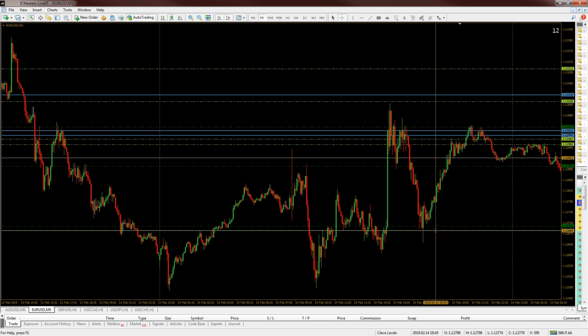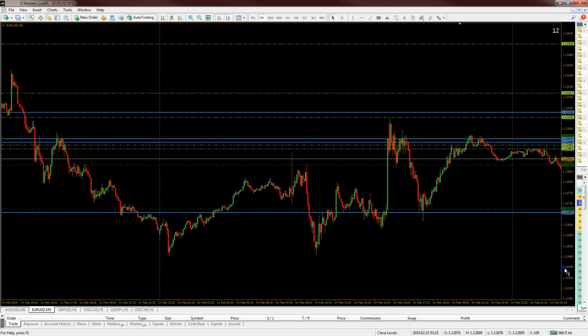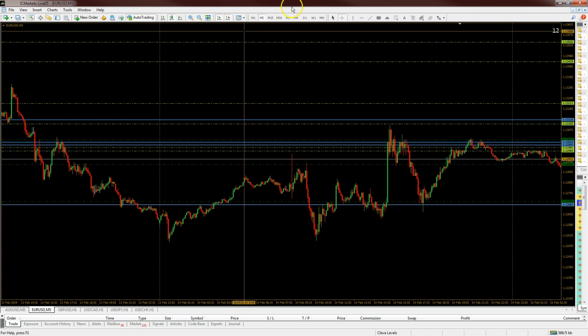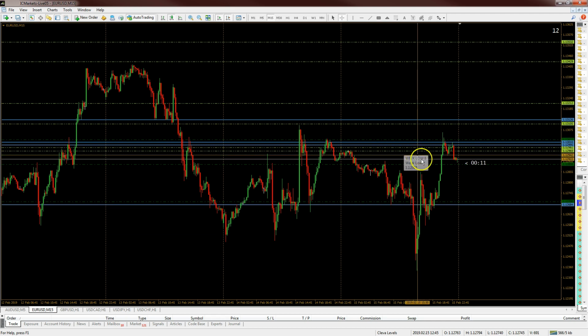Well, this definitely paid tribute there, didn't it? I think this is just neither in or there, is it? This is a 5-minute chart. What does it look like on 15? It's the first time I've really had a chance to look at it and try and analyse it at the same time. So,